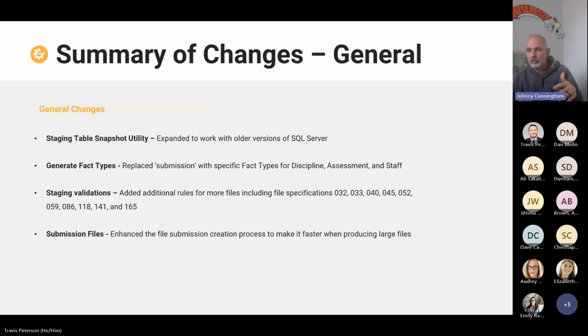But there were still a few things in that submission, and we just hadn't had time to work through that. And this time we were able to. So discipline, assessment, and staff were the 3 that were part of submission. If you were trying to do something in the background or running something manually and you're going to pass the parameter, you would have to pass submission for those 3, which was a little confusing because